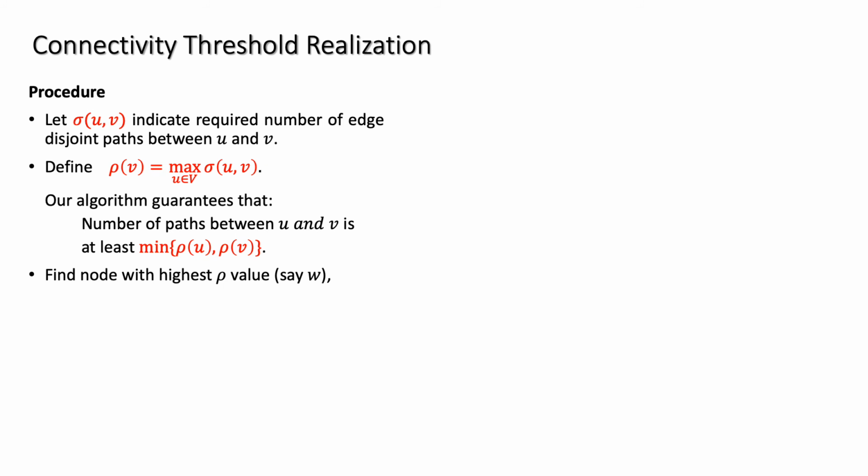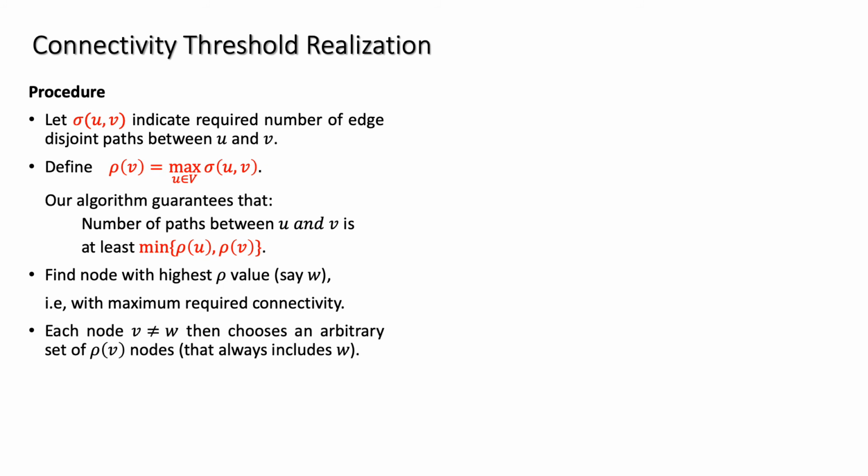So we start by finding a node with the highest rho value. Say this node is W. Each node different than W then chooses an arbitrary set of rho v nodes that always includes W. The above procedure gives a 2 approximation on the optimal number of edges needed for the guarantee to be met. That is, the number of edges added is at most twice the number of edges necessary to satisfy all the requirements. We skip the proof of this statement, but prove the connectivity